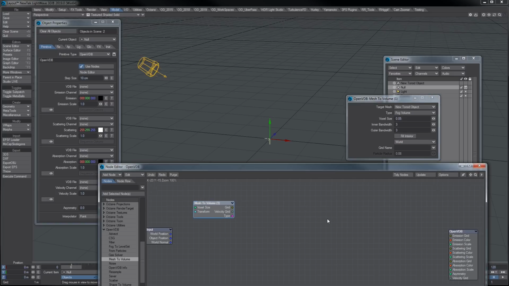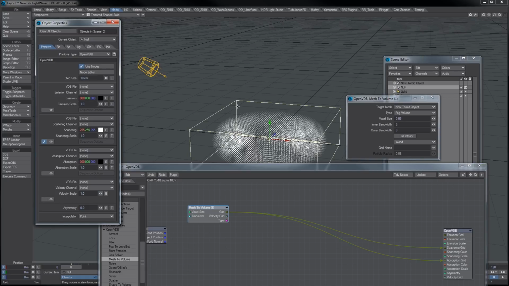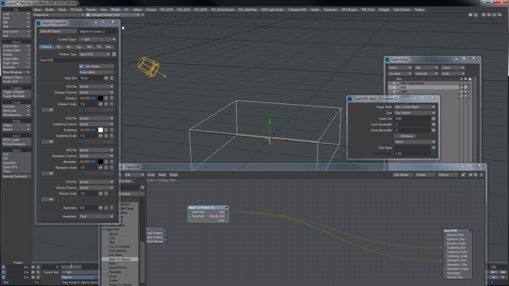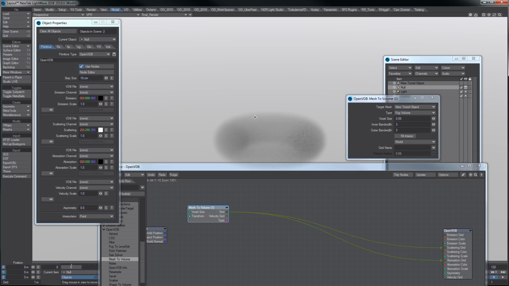And now, without explaining a lot more, we're going to just pipe that into the scattering grid and also into the absorption grid. We don't really see anything in here. You can get a similar representation by hitting the I button here, or the visibility button here. You can see that we'll see something, but the better representation is actually